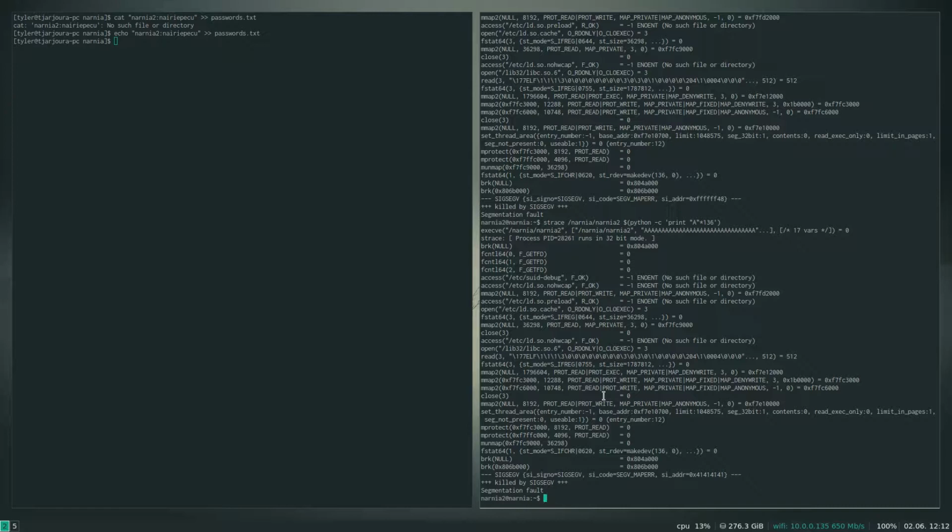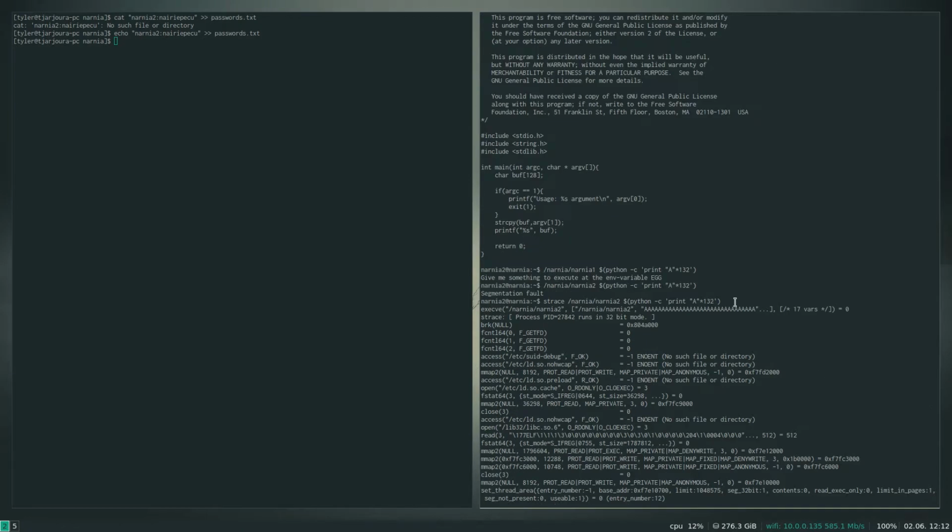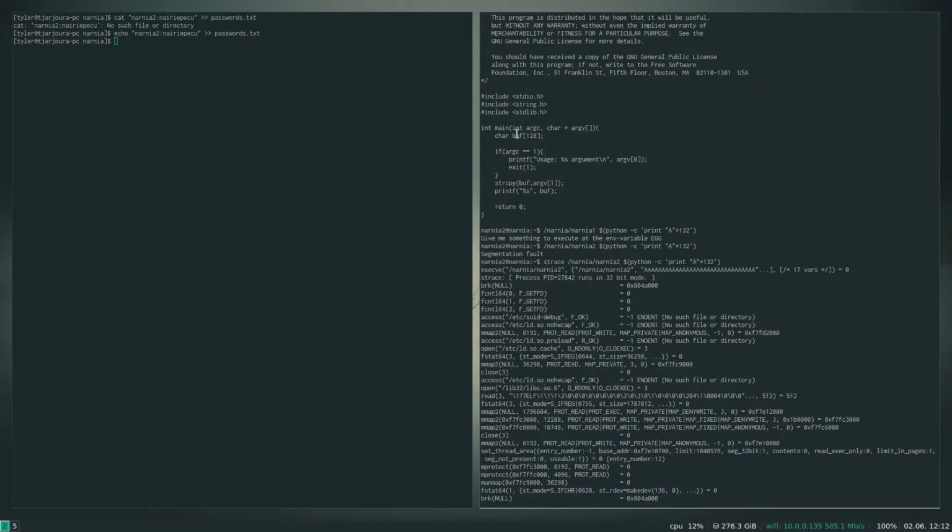One of the things pushed onto the stack is the return address for the caller function. That way, when it's done with the second function, it can look at the stack, look at where it was before, and jump back to that memory address. And what I did is I passed in so many A's that, this is on the stack, right? And it went up, up, up, up, up, and it actually,